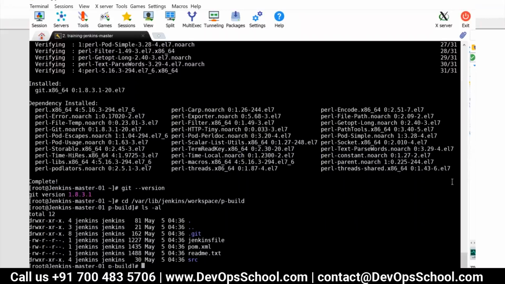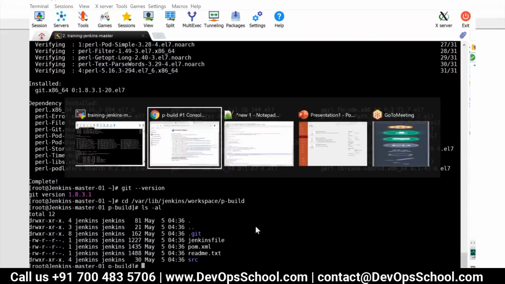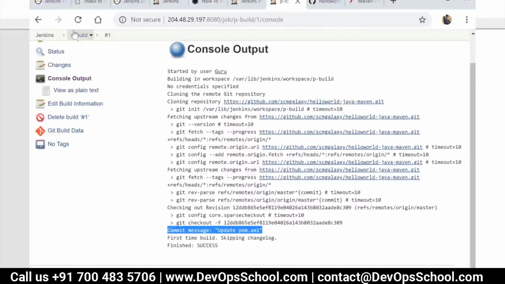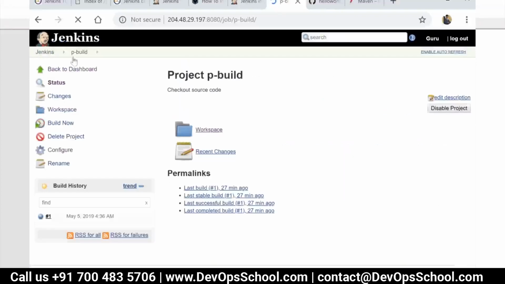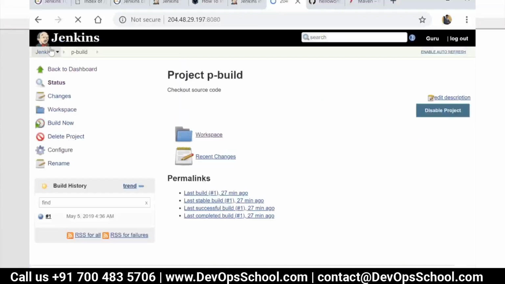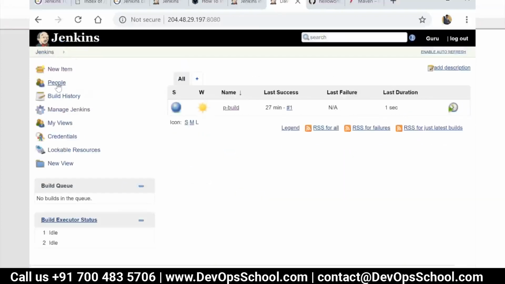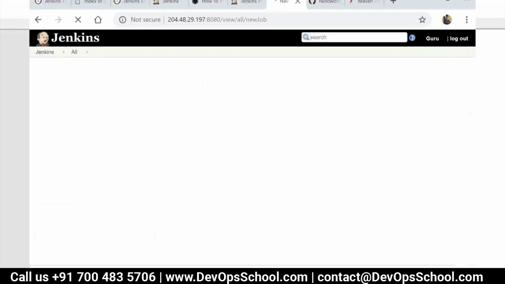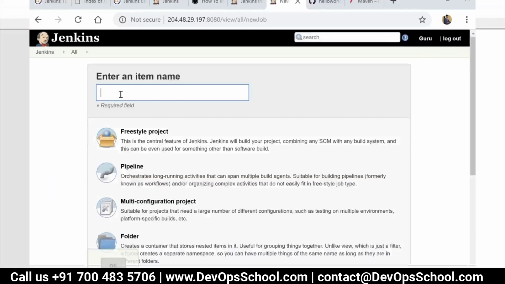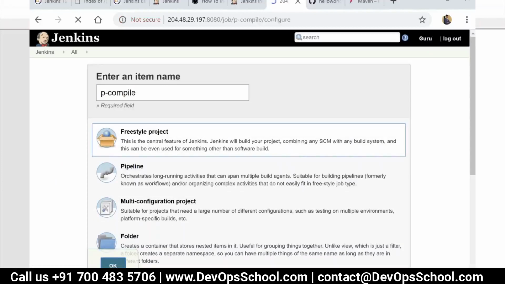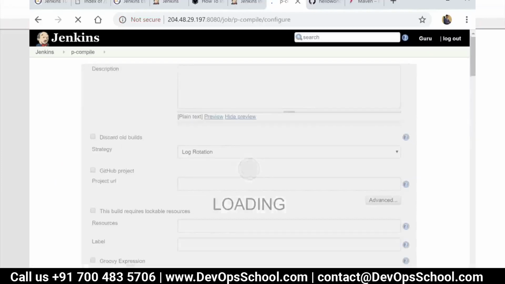Okay, so now let's go back and do the compile job. New item, a project called compile the code. So you know what,